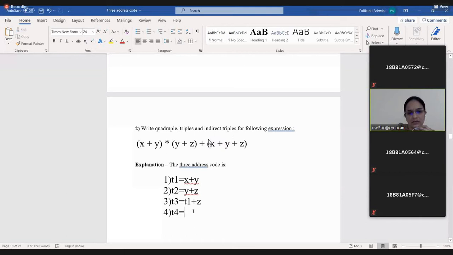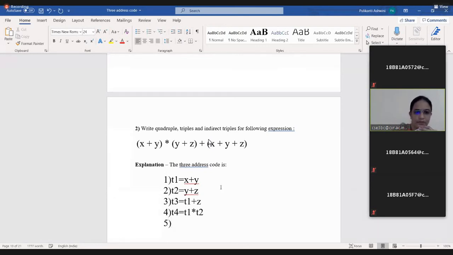So here I have taken one temporary variable called t4, and t4 is equal to x plus y into y plus z. x plus y is available in t1, right? So t1, and y plus z is available in t2. So t1 into t2, right? And next, the next operation is addition.